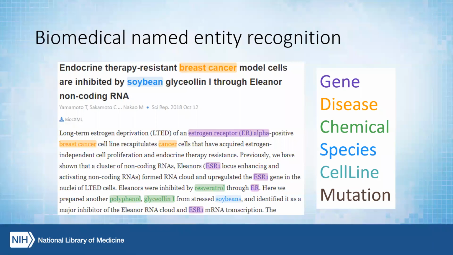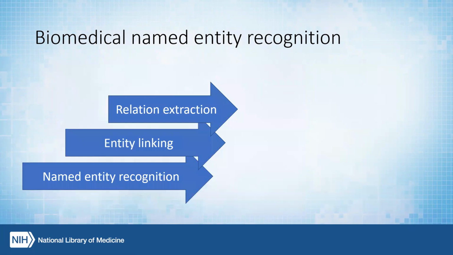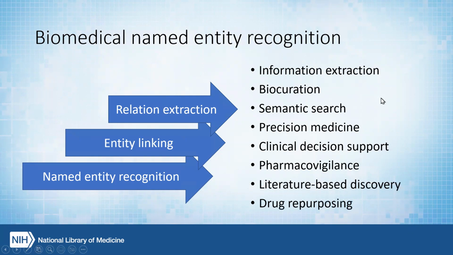Biomedical named entity recognition, or NER, is the task of identifying biomedical concepts such as genes, diseases, chemicals, and many others in text. Biomedical NER serves as an important foundation for many tasks in biomedical natural language processing, enabling entity linking or normalization and relation extraction. These tasks together support many of the downstream applications of biomedical natural language processing, from information retrieval through discovery of